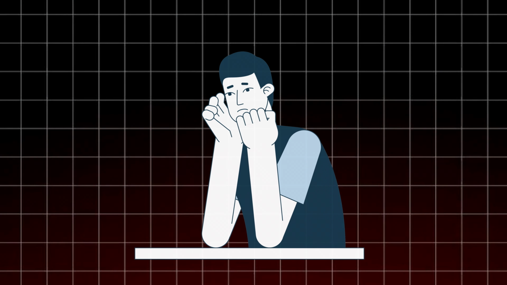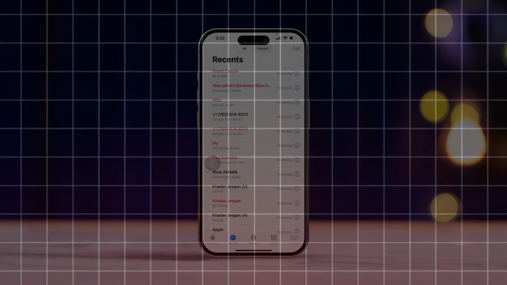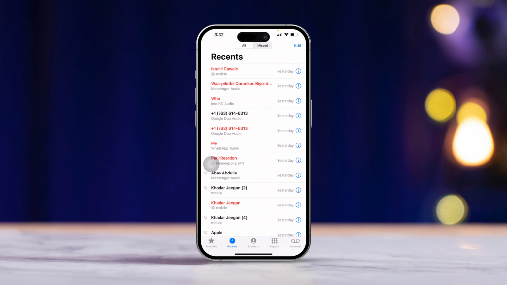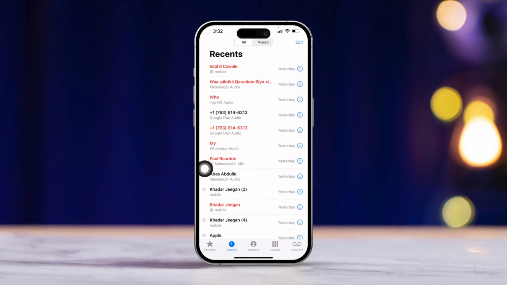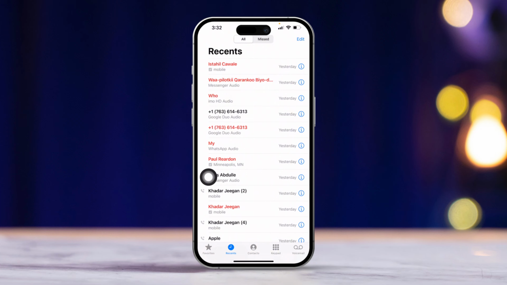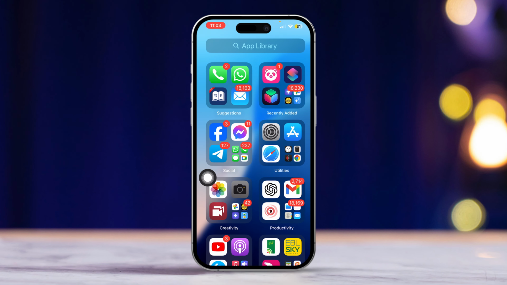Hey there! Accidentally wiped out your recent call history on your iPhone? No need to panic. There are a few tricks to get it back. I'm here to guide you through the process step by step so you can recover that call history with Restore